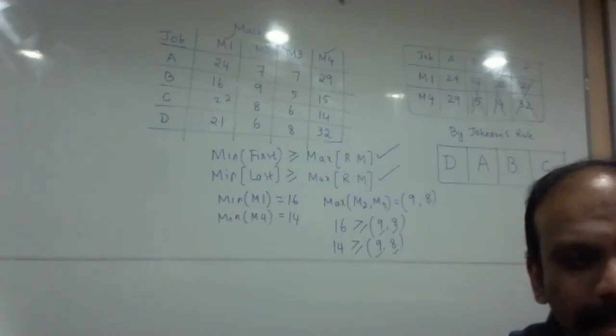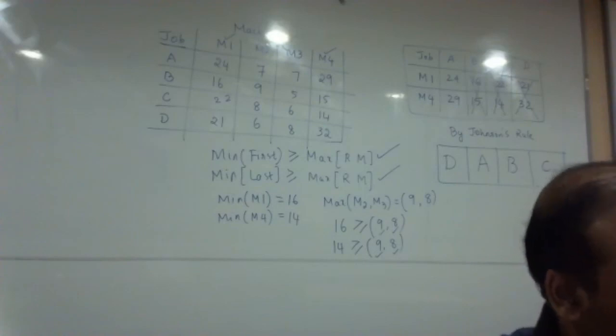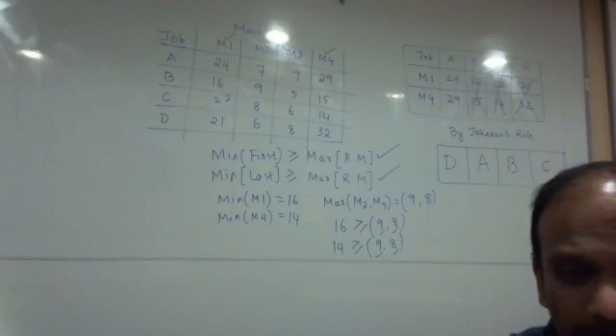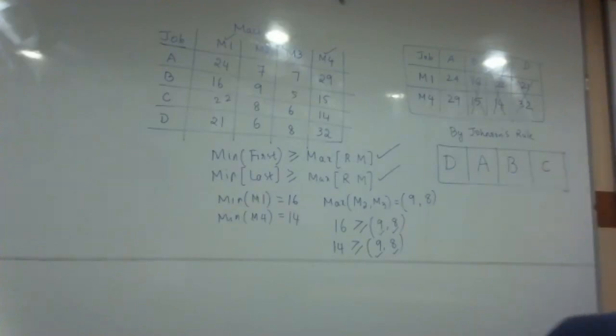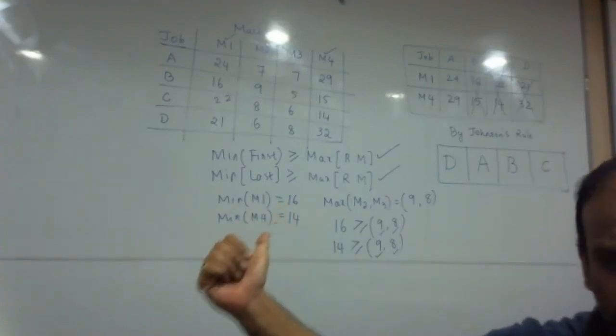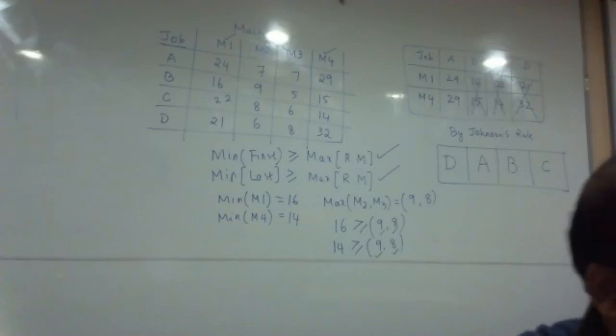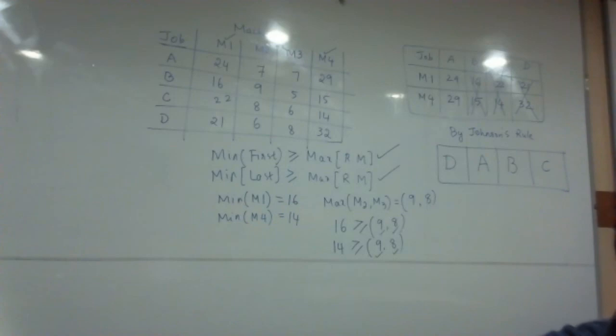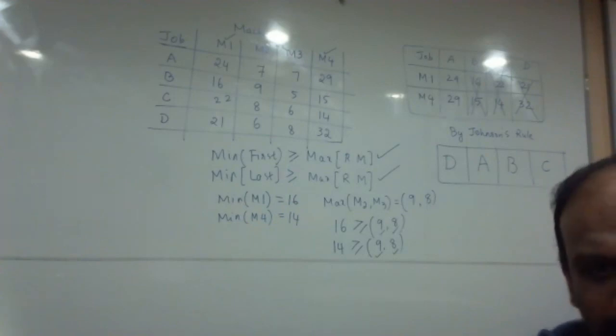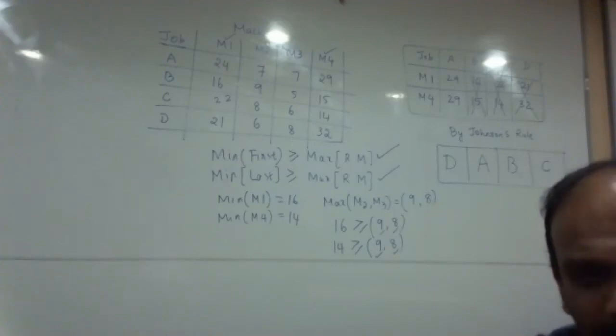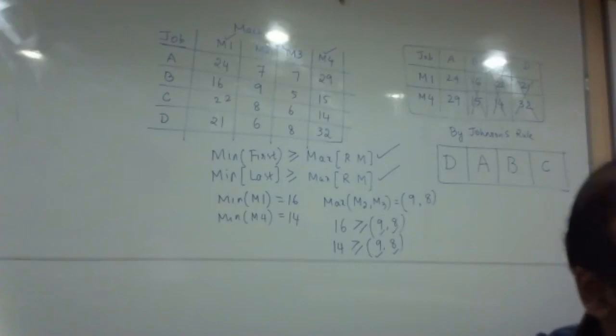Hello, sir. Yeah, tell me. Sir, I solved the problem. Total elapsed time is 117. Is it this question machine? So I got 111, sir. I got 125, sir. Oh my God, how can there be different answers, right? It has to be the same. I think you must have made some mistakes in calculation. Please check the calculation part. You cannot get different answers at all. It has to be the same answer.